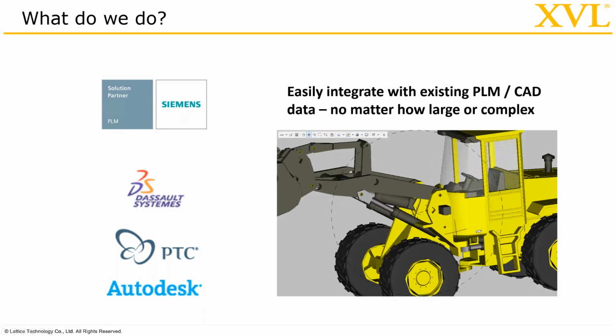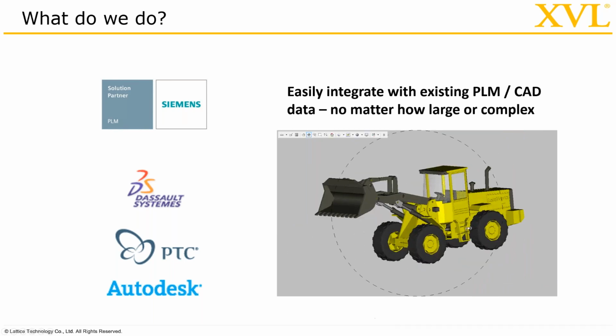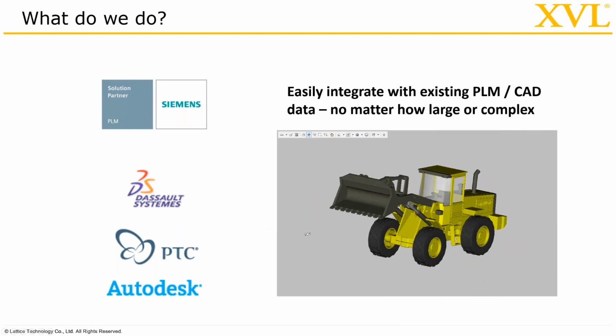This is what I like to call a toy tractor, but that's interesting to show you how we can integrate right into PowerPoint. And we also work great within native environments of Siemens products, including NX, Teamcenter, the Solid Edge product, as well as Dassault Systems products, including SolidWorks and CATIA, Creo and the Pro Engineer products from PTC, as well as even Inventor from Autodesk, meaning we support their native file format